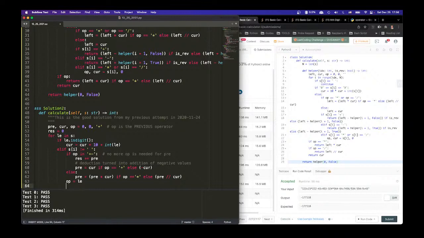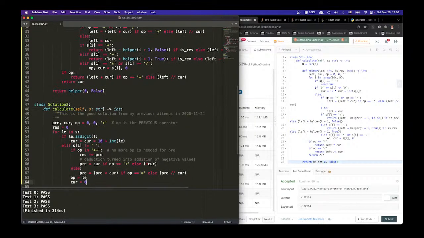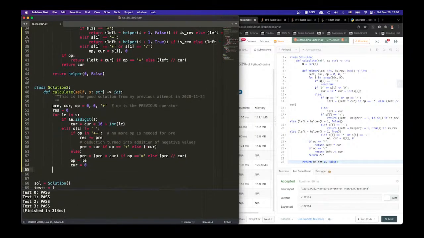And then current, because I finished the current. Pre, combine, whatever. So current should equal 0. So we need a new round. Once we're done, we're going to return what? Well, at the end, res will equal, I want to return res, but